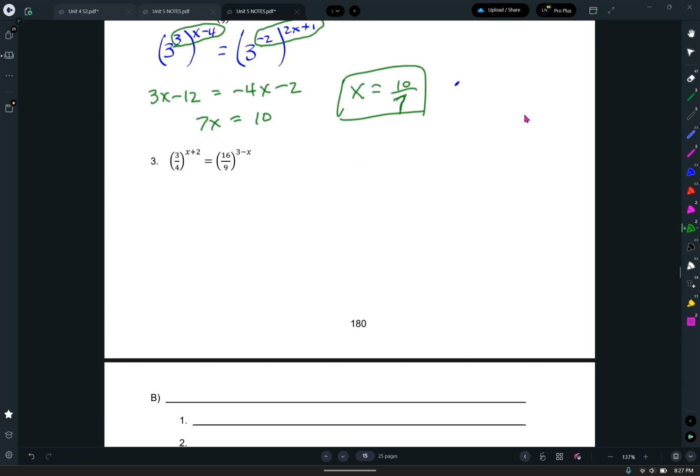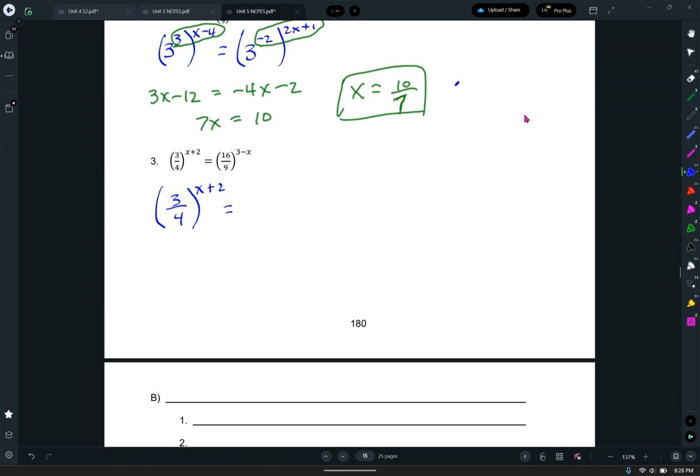Okay. Now, sometimes people think it's more involved when you have fractions, but here's what I'm thinking to myself. Think of 3/4 as its own base, okay? Thinking of 3/4 as its own base. So I'm just going to leave this as a 3/4. That's my base. And it's being raised to the x plus 2. Look over here, 16 over 9. Would you agree,